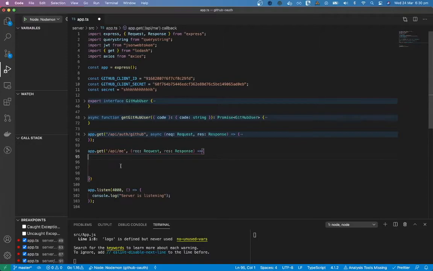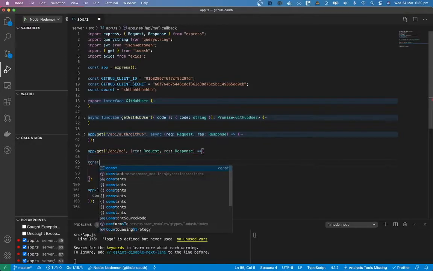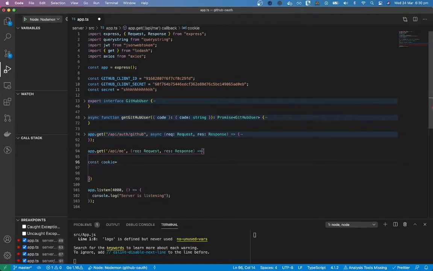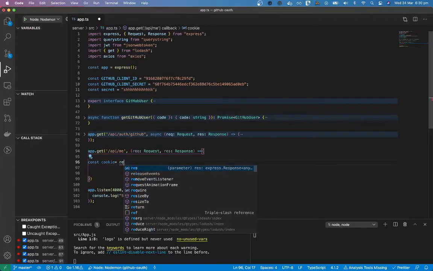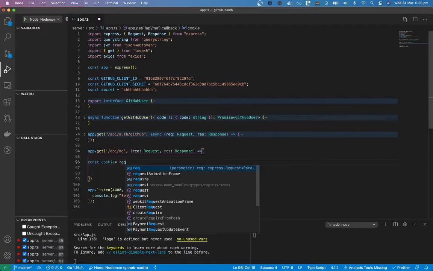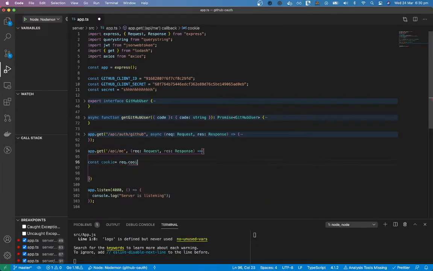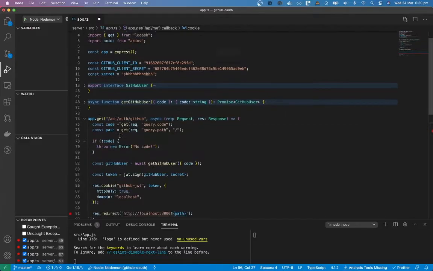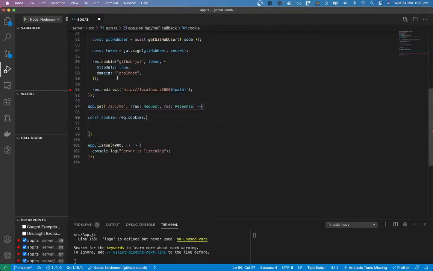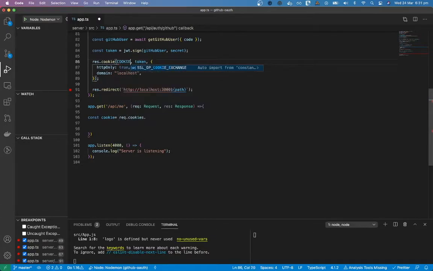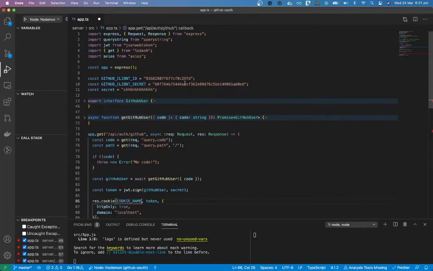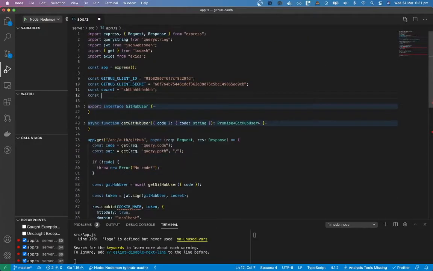And so our cookie is going to be a request.cookies, and whatever we call our cookie up here. So let's actually move this into a constant called cookie name and define our